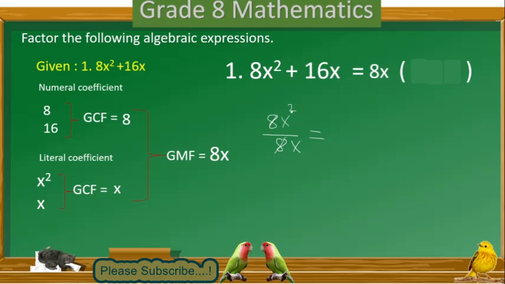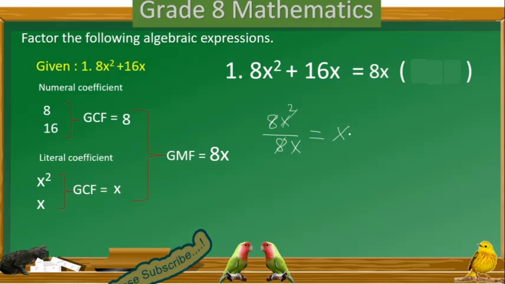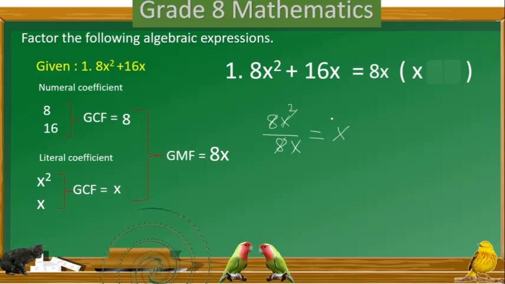Then for x squared and x, we subtract the exponent of the denominator from the exponent of the numerator. So the remaining is only x. That is our first quotient for the given expression. Then we will copy the sign. Then next, the second term,